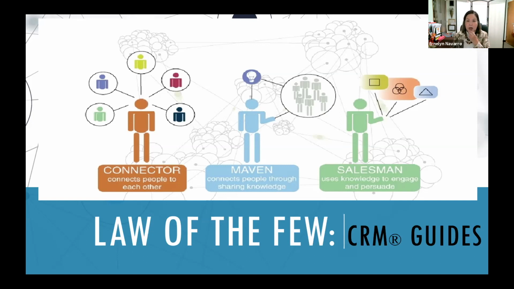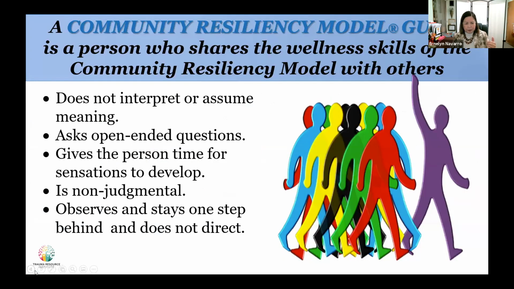And then there are some people who are the salespeople. I call them the woo, right? From a StrengthsFinder point of view, woo is winning others over. So they're the salesmen, able to persuade people, hey, this really works. And so for me, it was about identifying who these connectors, mavens, and salesmen are in our organization, getting their buy-in, and then giving them a preview of what CRIM is. So I basically gave them a 1 hour session, if I could get their time, either in a small group or one-on-one.